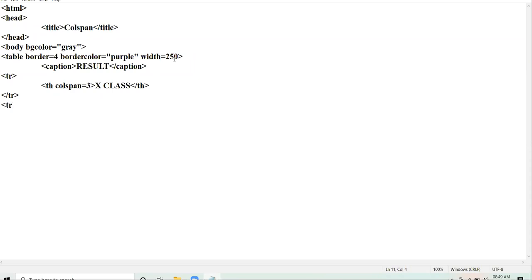Now I'm giving the second row, and data is in center. TD, roll number. TD, name. TD, marks. And I close the TR.